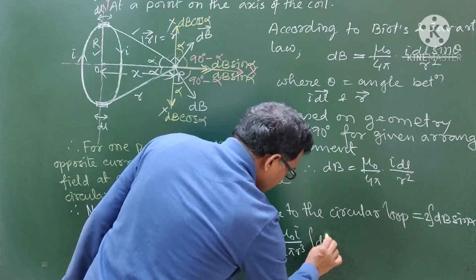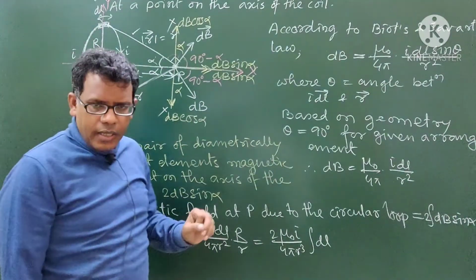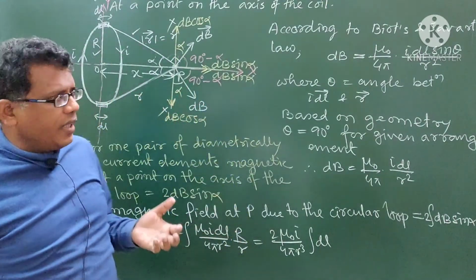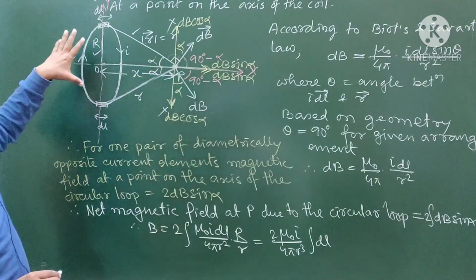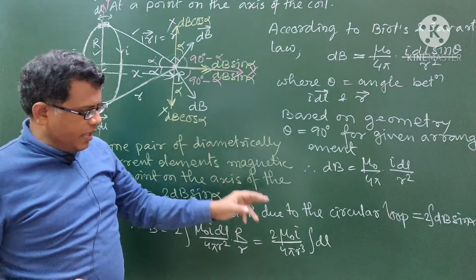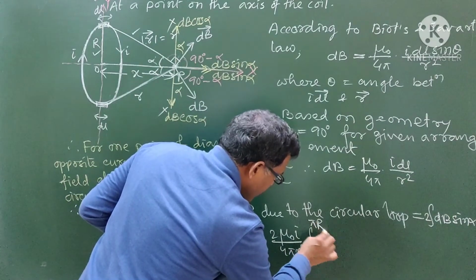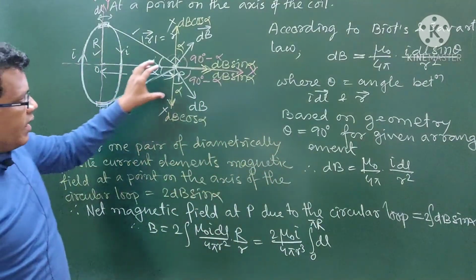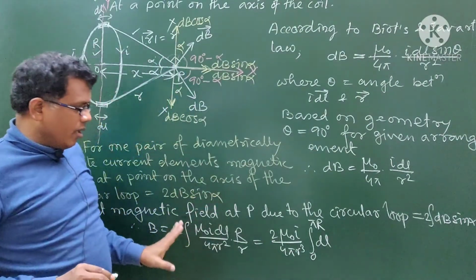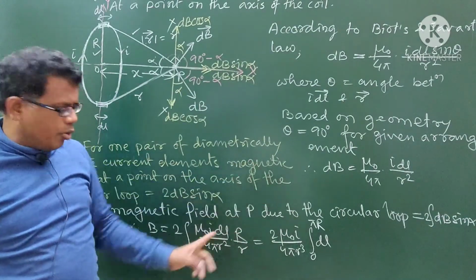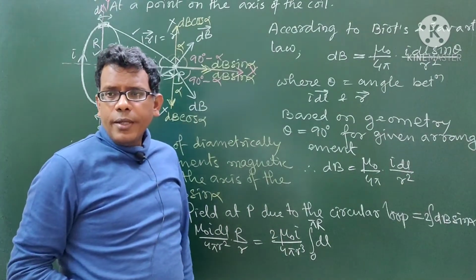So ultimately integration will take place for dl. As I said, if there are 100 elements, we are integrating it for 50 steps, because in each step we are integrating 2 dB sin alpha. So in half of the steps, integration of dl will not be 0 to 2 pi r, rather we will write 0 to pi r. Why? Because in each step we are taking the result of 2 elements. If we simply integrate for only dB sin alpha, then obviously it will be 0 to 2 pi r, because 2 is already multiplied over here. So we are getting the correct answer. Is that okay?